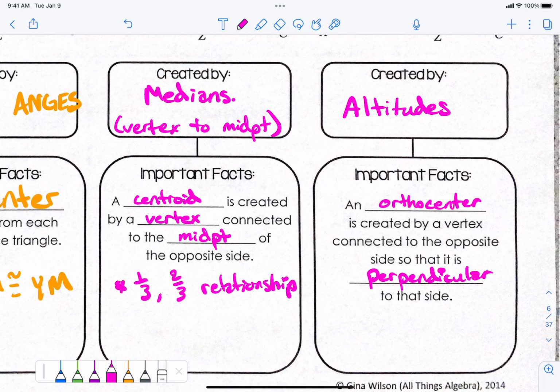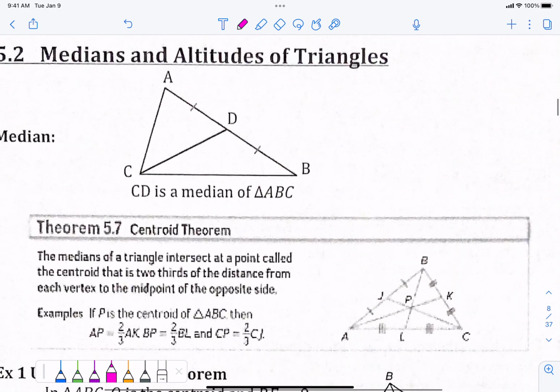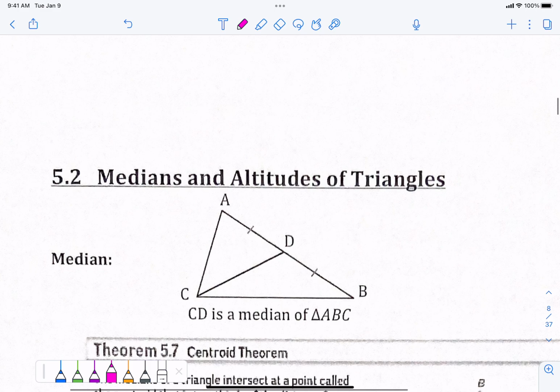Okay? All right, let's go to the notes. Let's answer some questions. I'll tell you which problems to do. Here we go. All right, 5.2 at the top talks about what a median is, all right? Real quick, let me discuss